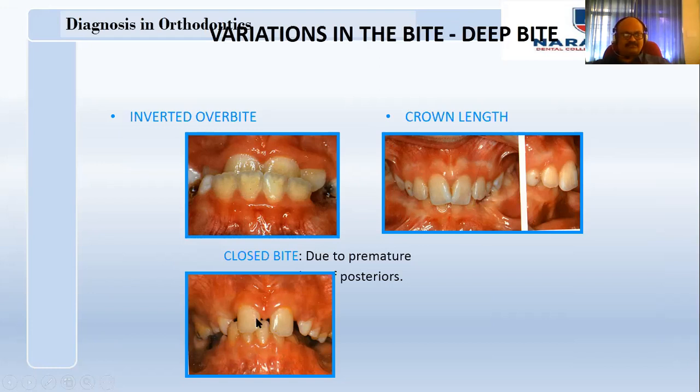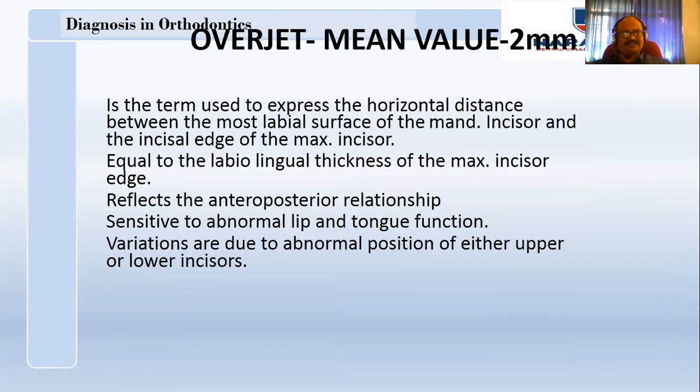Here also, can you see? This is called an inverted overbite, because this patient is having a reverse overjet. Instead of this direction, he is having it back. Instead of the upper overlapping the lower, it is overlapping from the back. This is reverse overjet plus increased overbite. It is called an inverted overbite. Remember, the upper incisor should cover the lower incisors by 30%. If it is increased more than that, you will call it a deep bite. If there is no overlap at all, you call it an open bite condition.